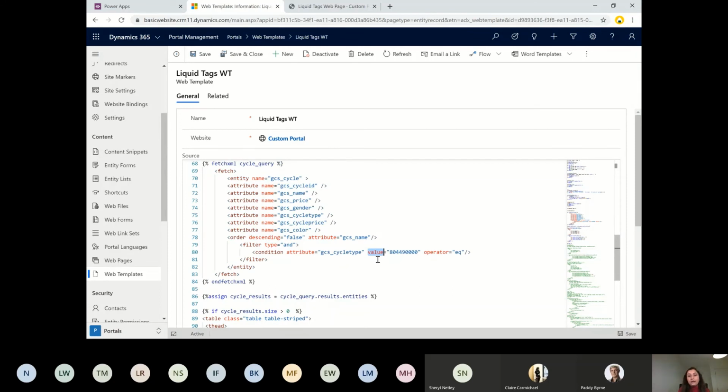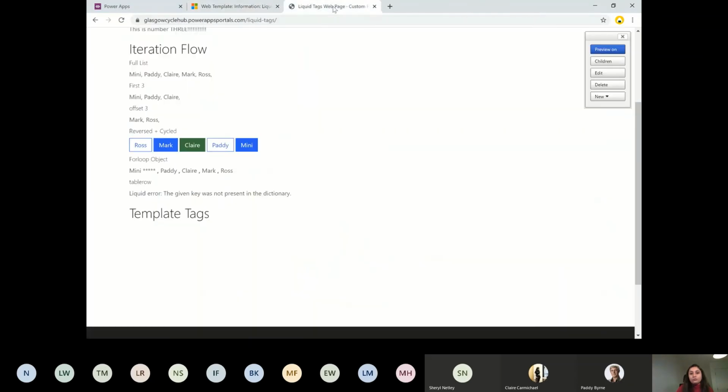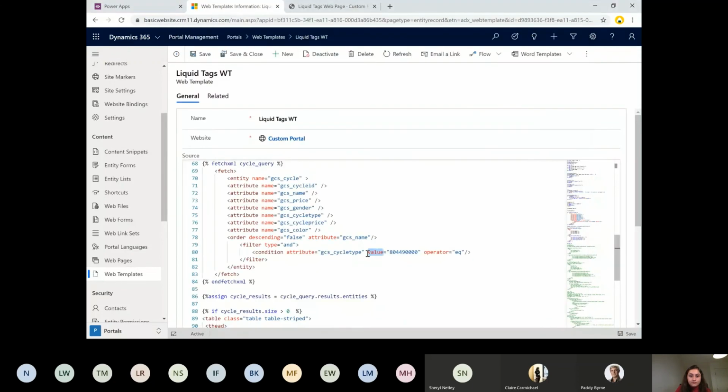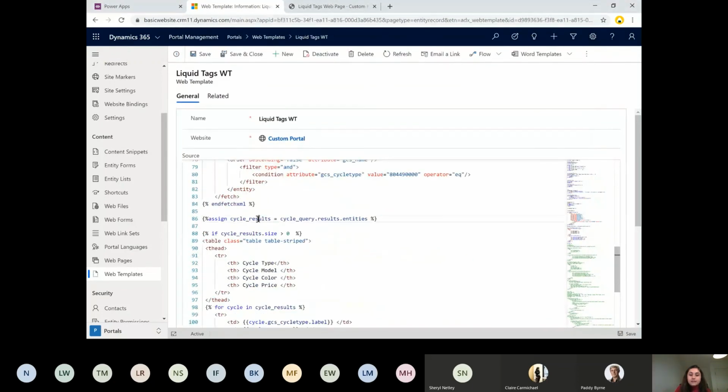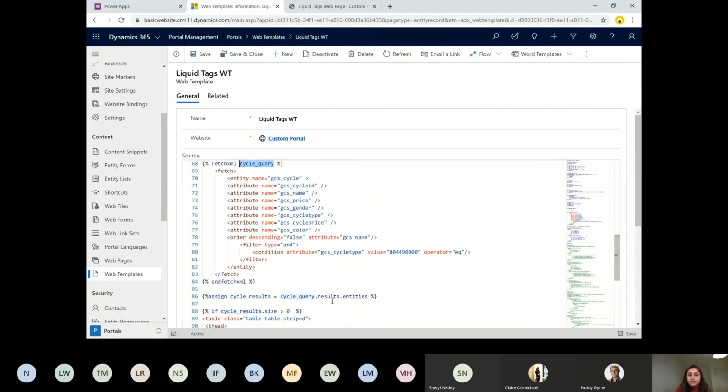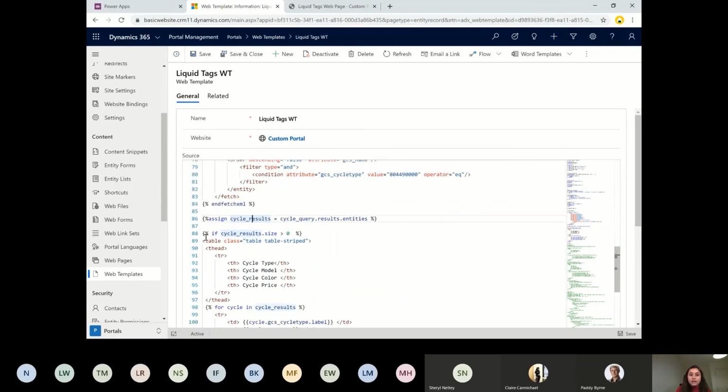Now how to loop through them and how to print, or do what exactly we want to do with these records? Right, so let me see if my advanced find is up, not yet. So let's go down and see. I'm basically assigning a variable again. What I'm doing is I'm using the cycle query here, dot results dot entity. So I'm basically going to see whether the fetched records are there or not, basically whether the size is 0 or greater than 0. This is my first condition, and then only I'll perform my action.